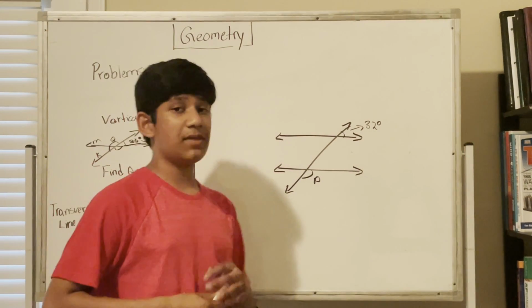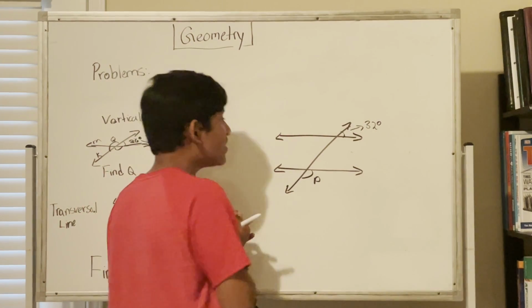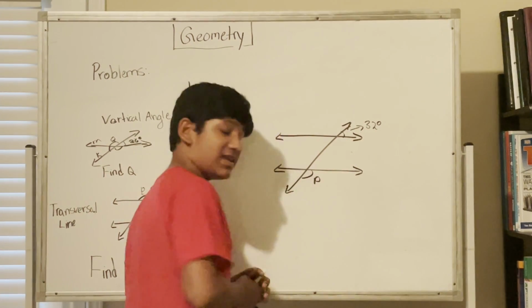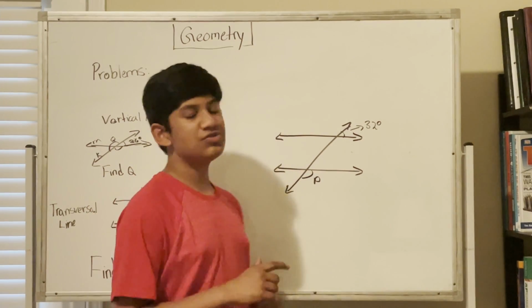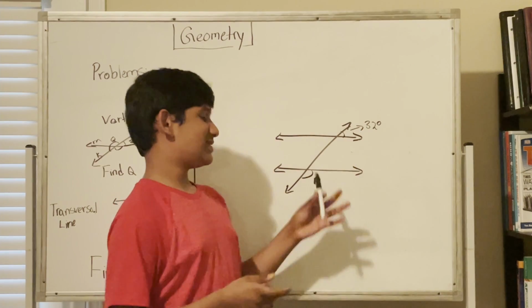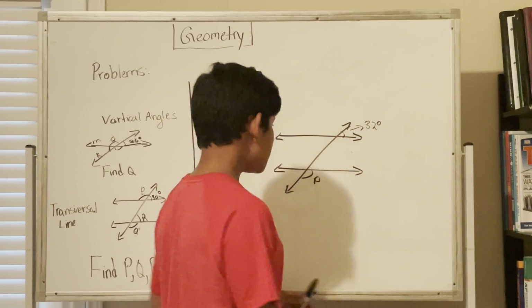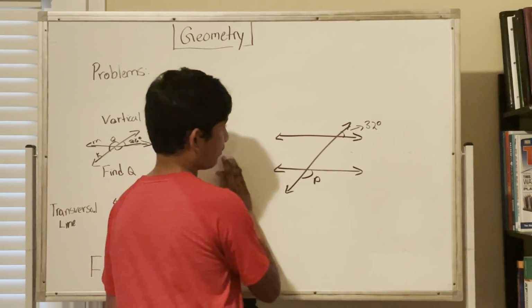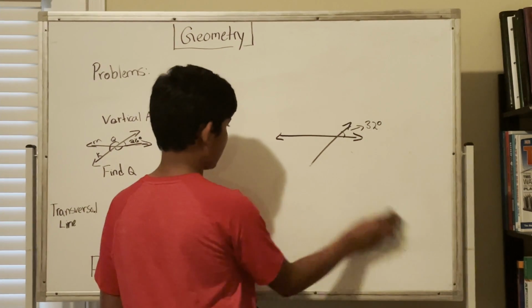Now, if we think critically, because in geometry, critical thinking is very important, let's just cover this part up. Essentially, in geometry, when you're dealing with angles, the most advisable thing to do if you don't know how to solve a problem is to use all of your knowledge and try to identify most of the angles. Let's just cover up this line over here, for instance. If we erase this line and imagine